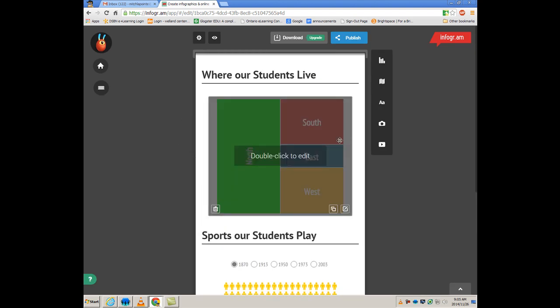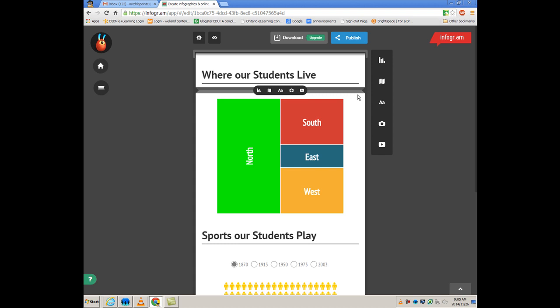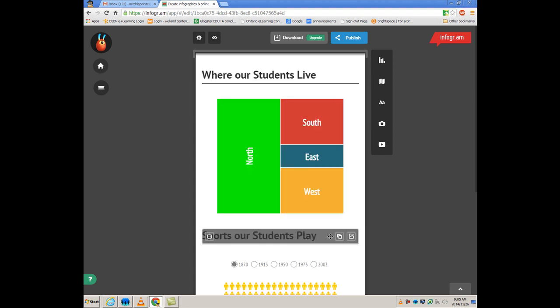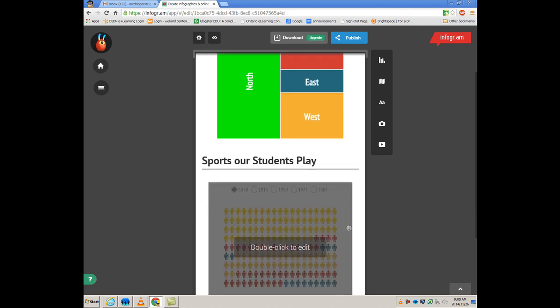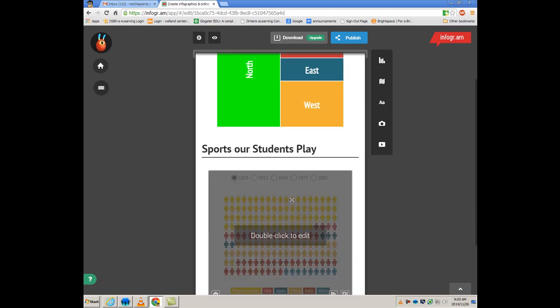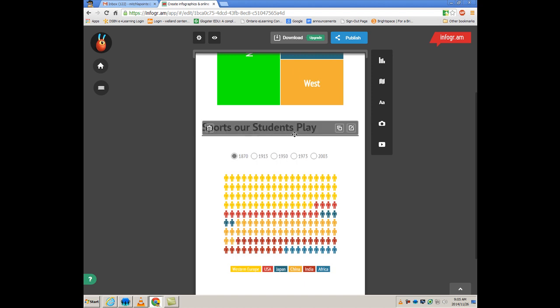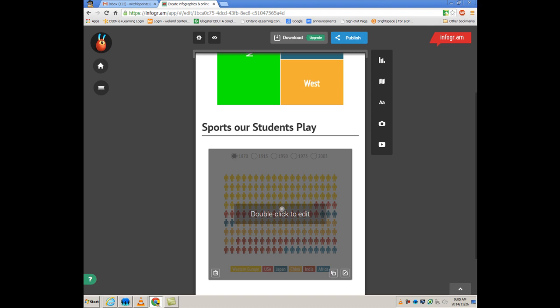Now, I've been playing with this a little, and I realized in order to create your own infographic, all you need to do is start from the chart that you created and add more text, and then add another type of chart. So here I added a title, Sports Hour Students Play, and now I'm going to edit this to represent what our school population is like and the sports that are most popular here. So once again, I'm going to double click,